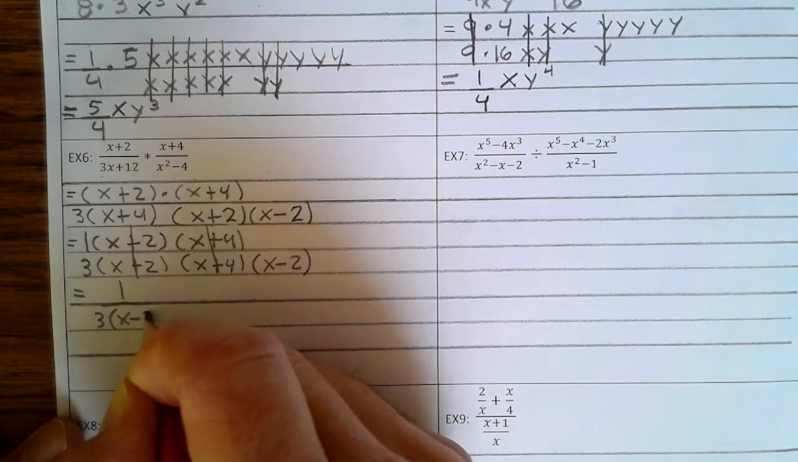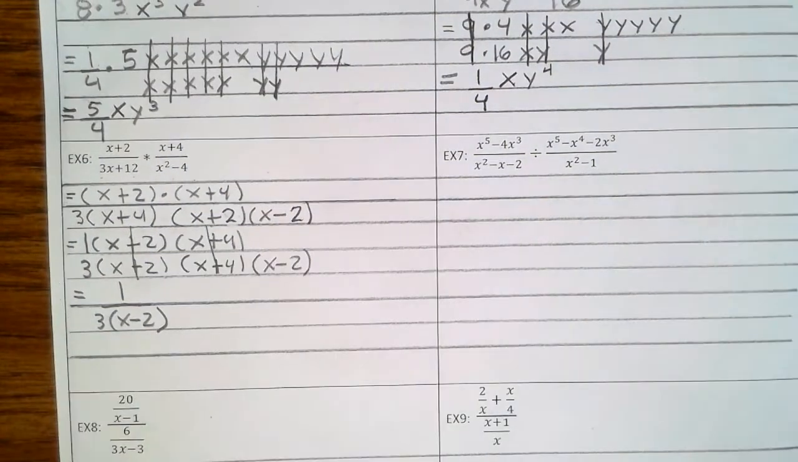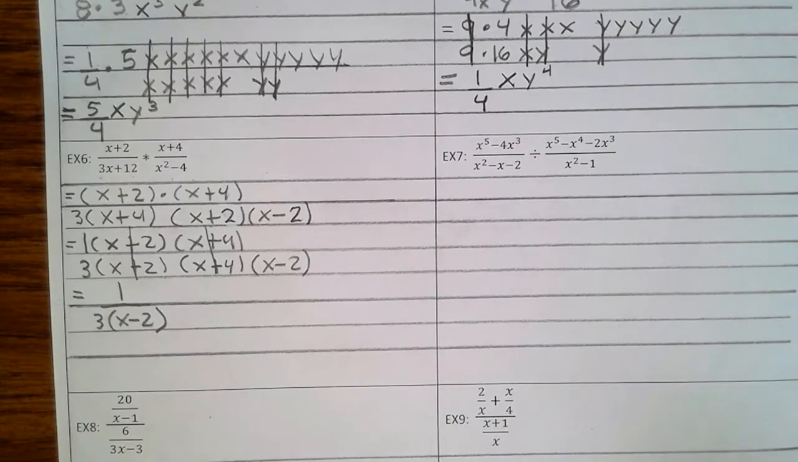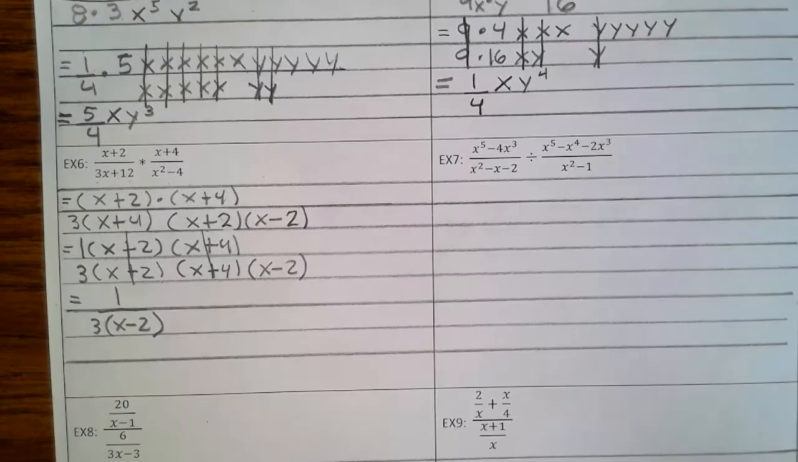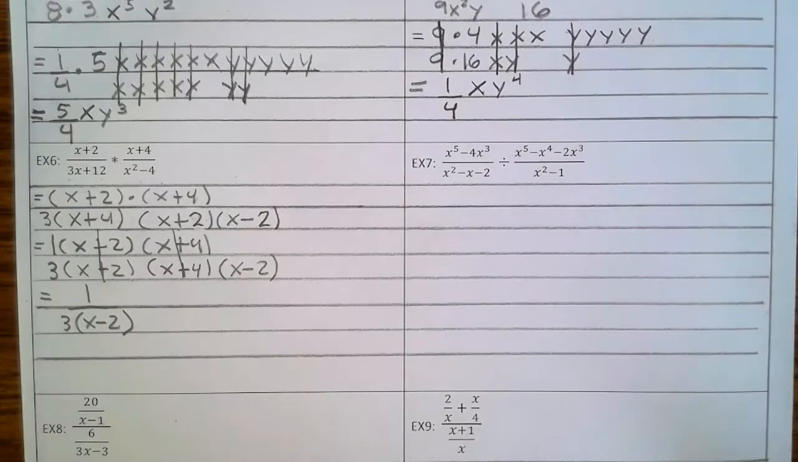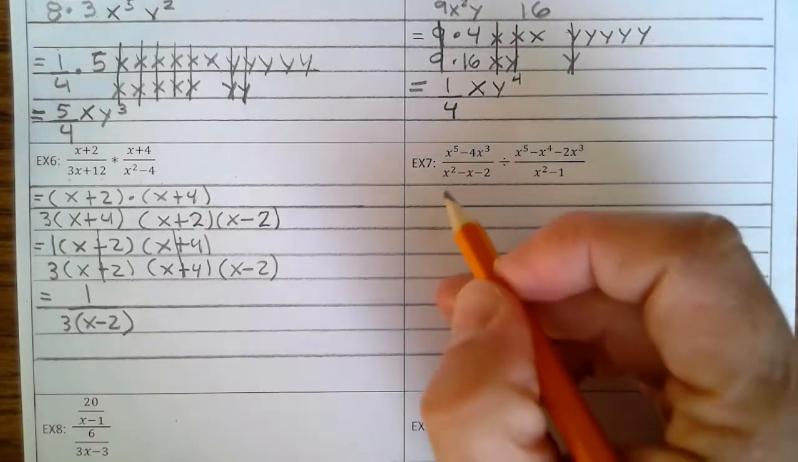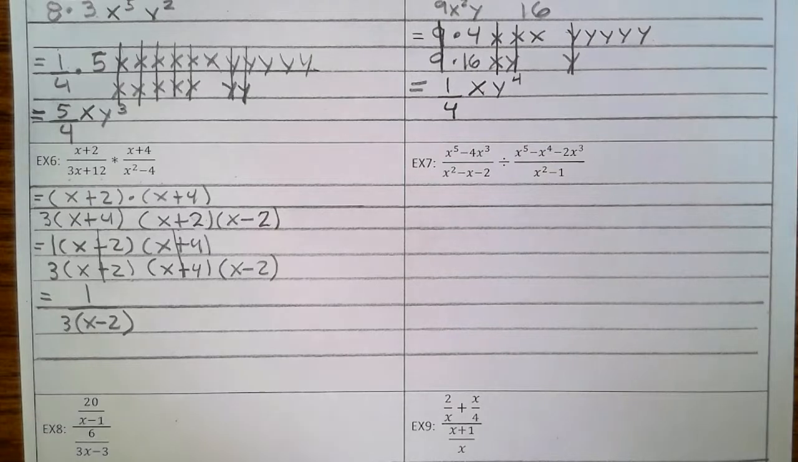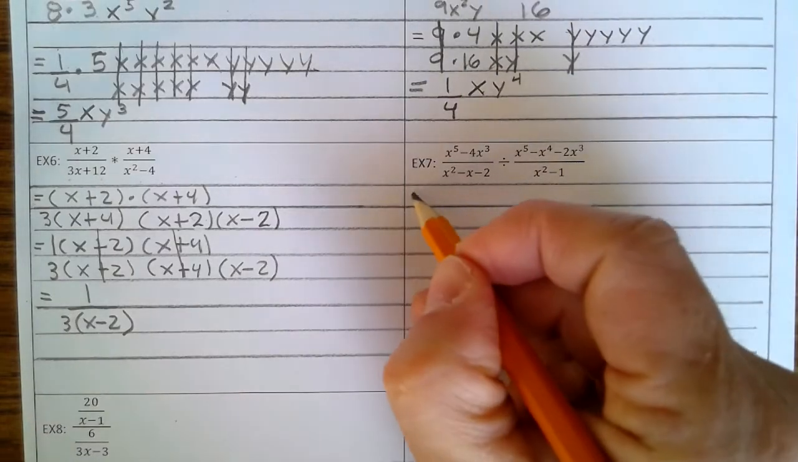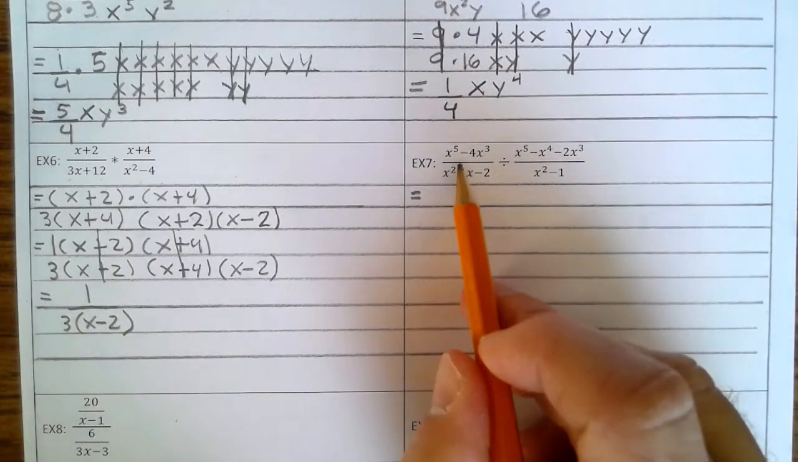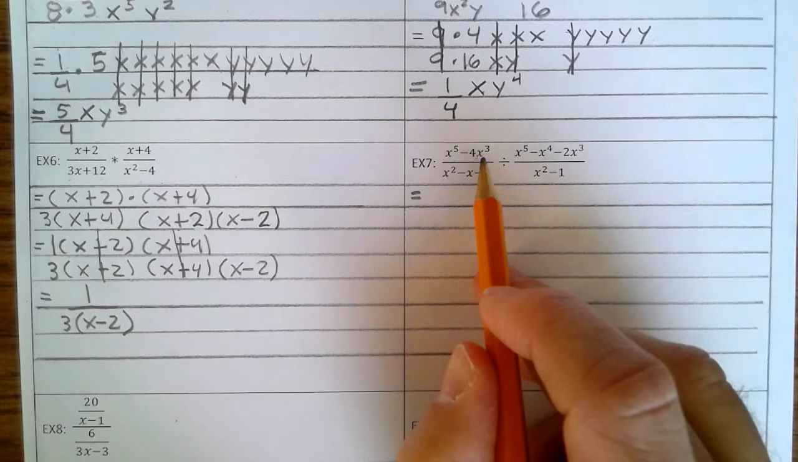Okay, let's take a look at example 7. Now remember, when you divide by a fraction, you flip and multiply. Now you're going to want to factor and flip and multiply, kind of save some steps because there's a lot going on in this problem. So let's go ahead and factor this first. So we can factor out an x cubed first. So it's x cubed, which leaves x squared minus 4